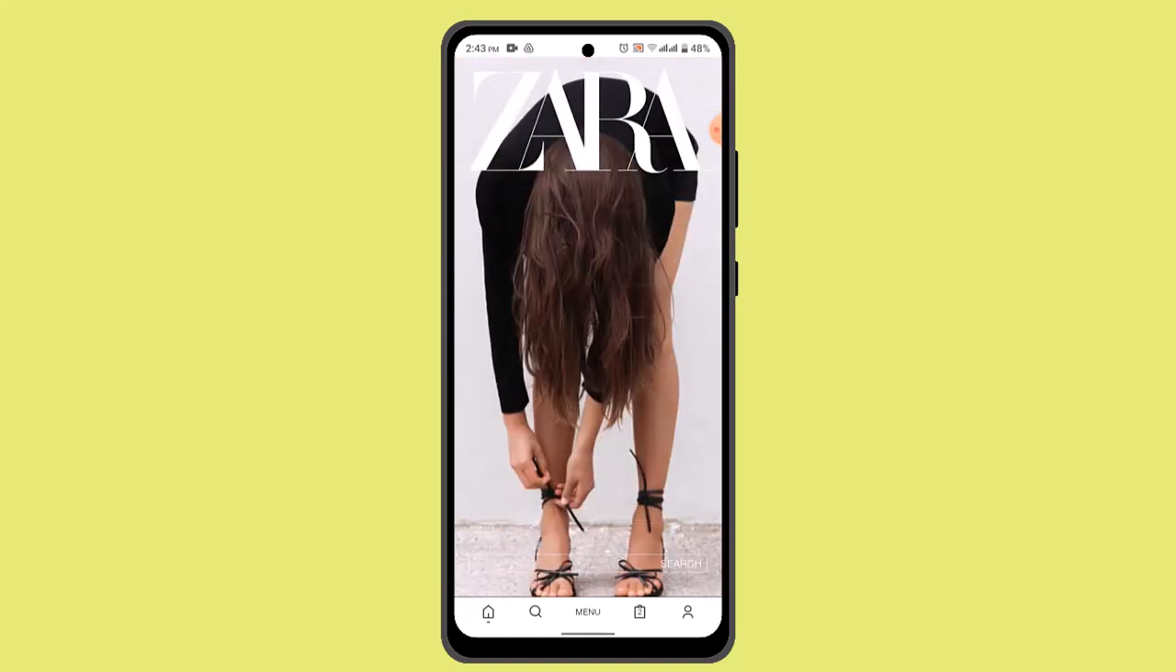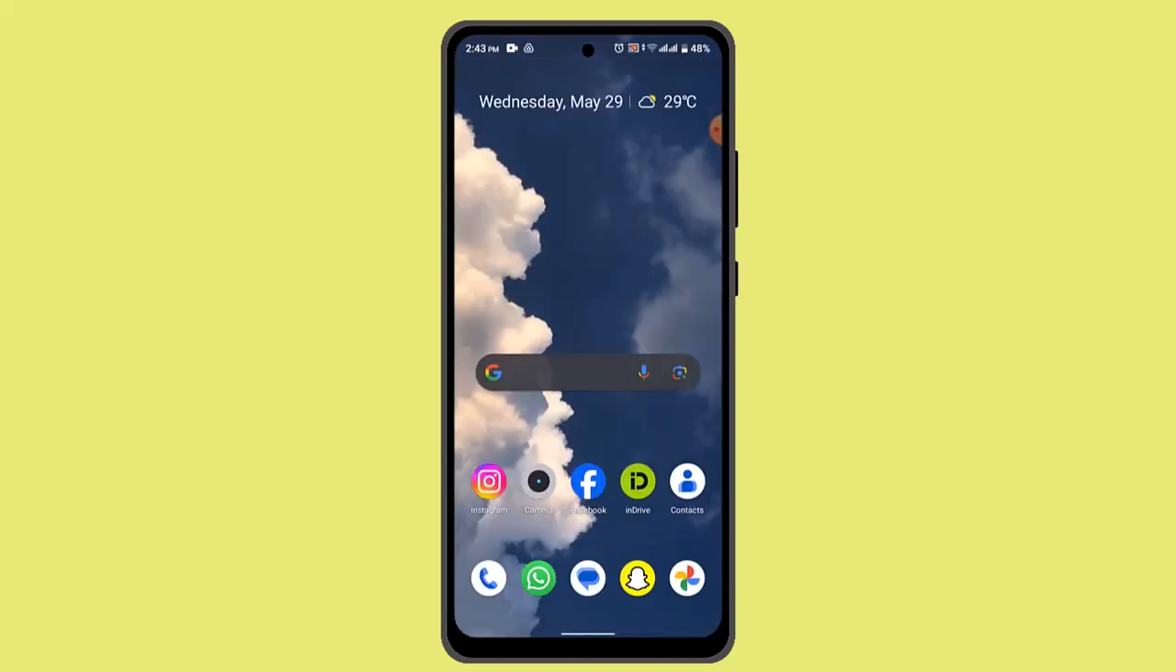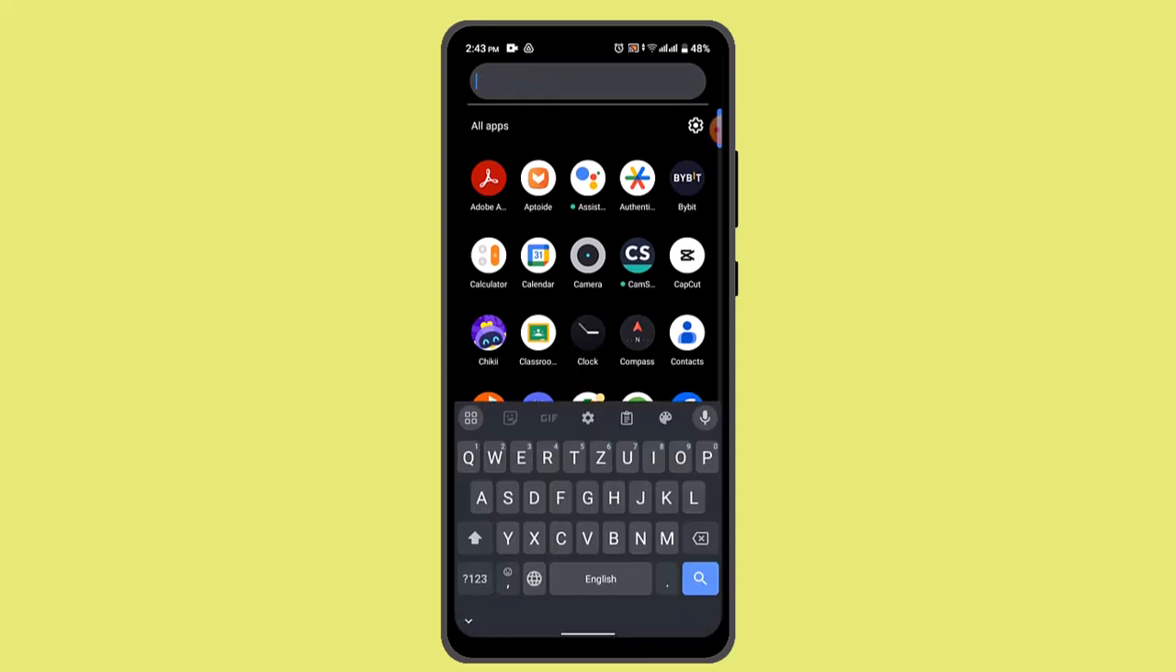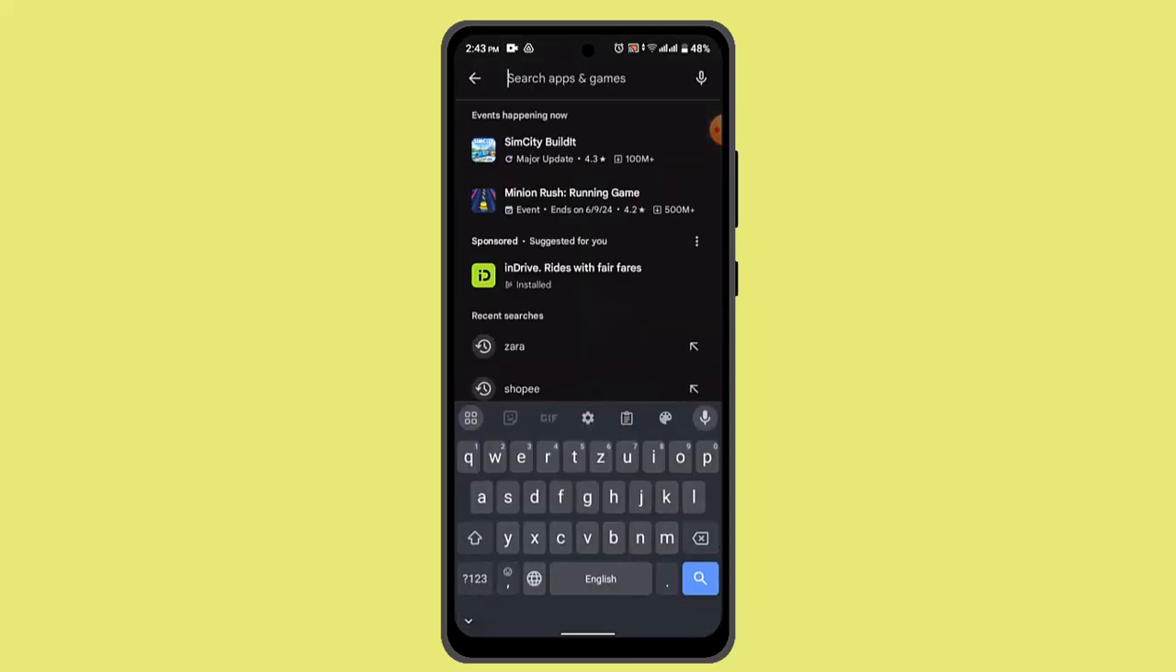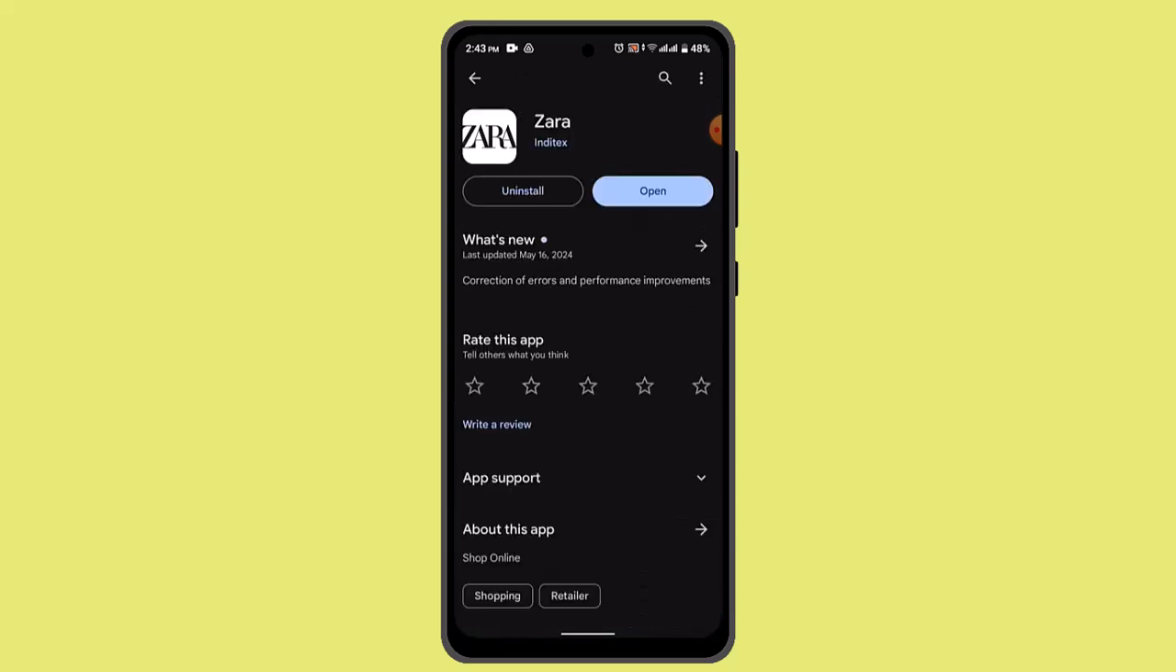And at the same time, if the application has not been updated in a while, then that might be another reason. So go to your app store, and in the search box, go ahead and type in Zara and check whether the app needs to be updated or not. If the application is completely updated, or once you're done updating the application, you should try logging in and see whether